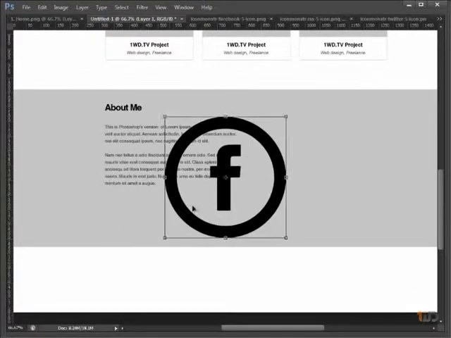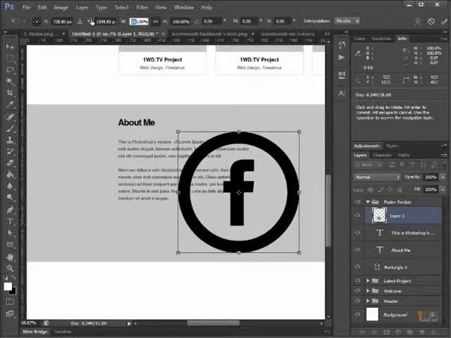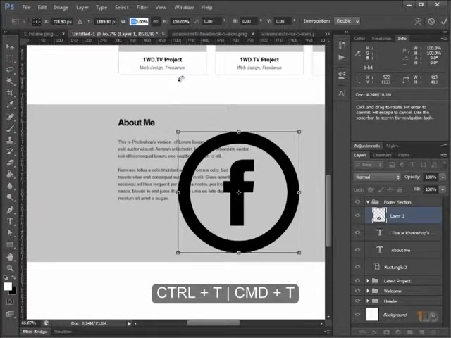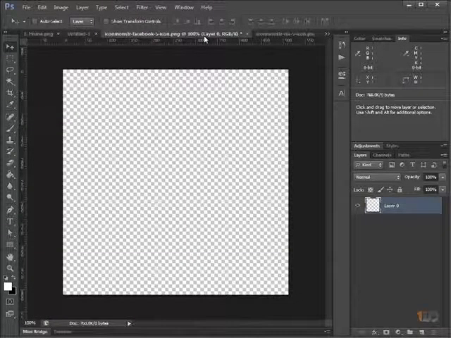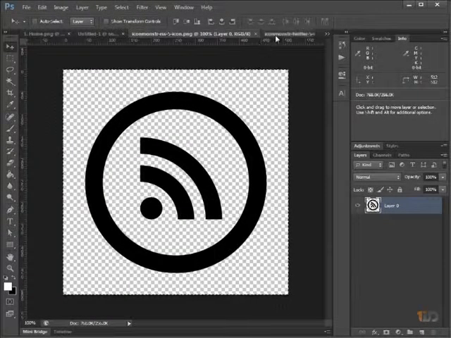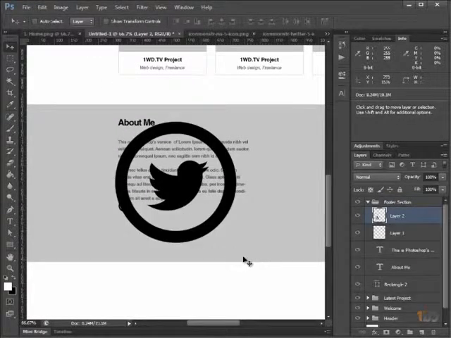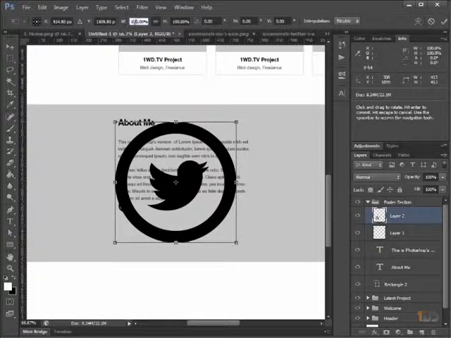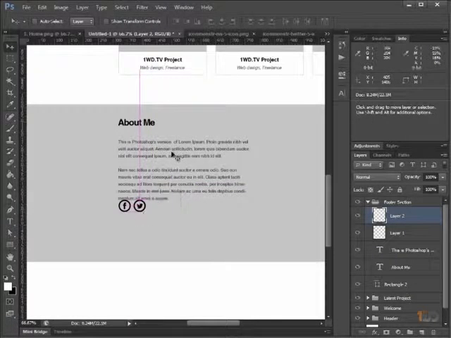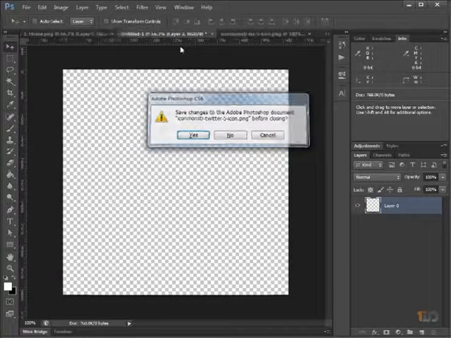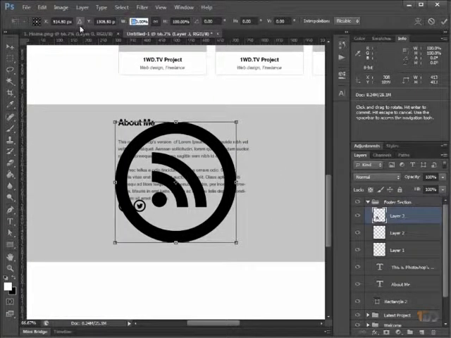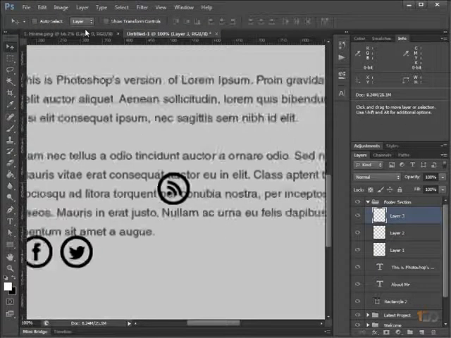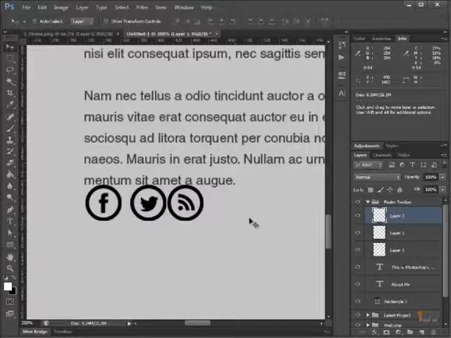And let's make this to, click on Ctrl T to transform and let's make it to 10%. Will be fine. Do this for the Twitter and RSS. So like that. And then RSS, Control T, 10%, and align it like